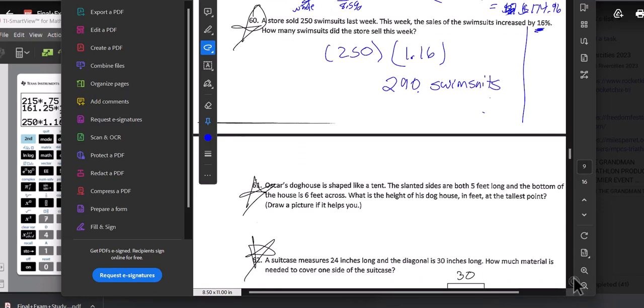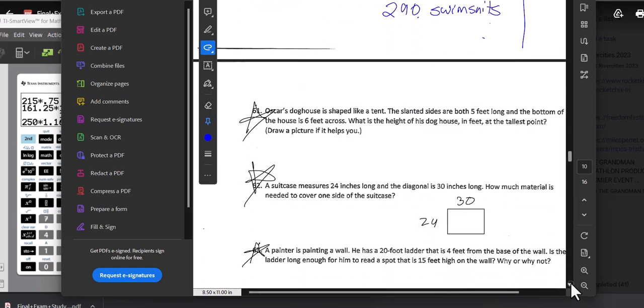Oscar's doghouse is shaped like a tent. The slanted sides are both 5 feet long, and the bottom of the house is 6 feet across. What is the height of his doghouse in feet at the tallest point? Okay, so we have